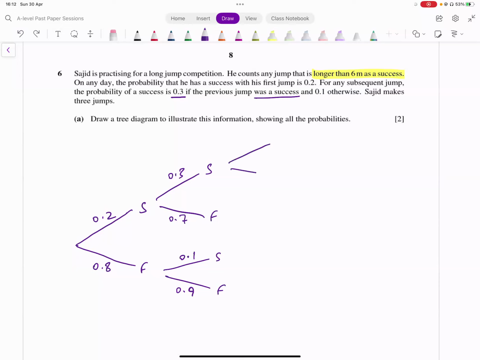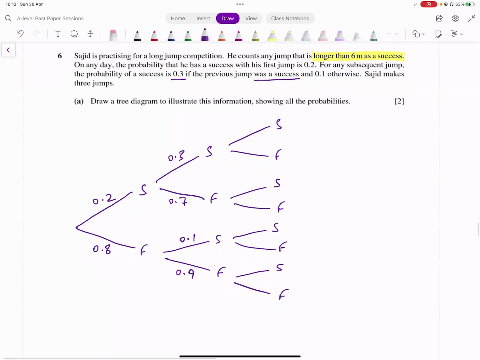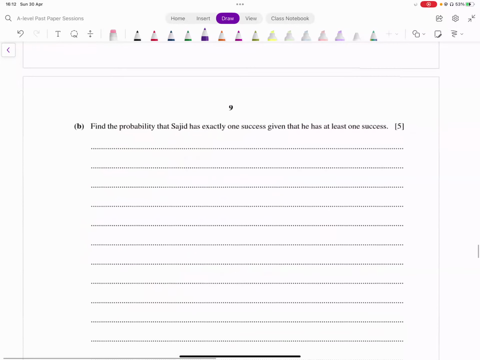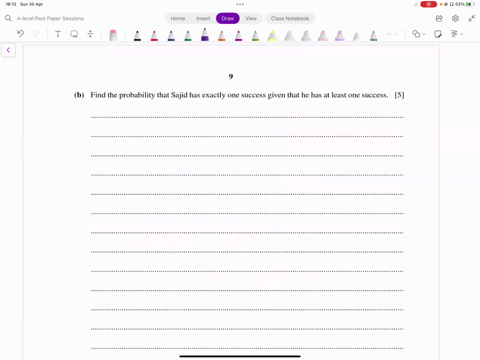पर एक और jump होगी, third jump, either be a success or a failure. Success, failure, success, failure, you have success and failure. This is what the tree diagram is going to look like. इसकी probabilities आपको लिखनी पड़ेंगी अब. Success के बाद success की probability है 0.3, 0.7. Failure के बाद success की probability is 0.1, so that's 0.1 and 0.9. And similarly you have 0.3, 0.7 here, 0.1 and 0.9 here. That is what your tree diagram is going to look like. Okay, let's move on. It says find the probability that Sajid has exactly 1 success given